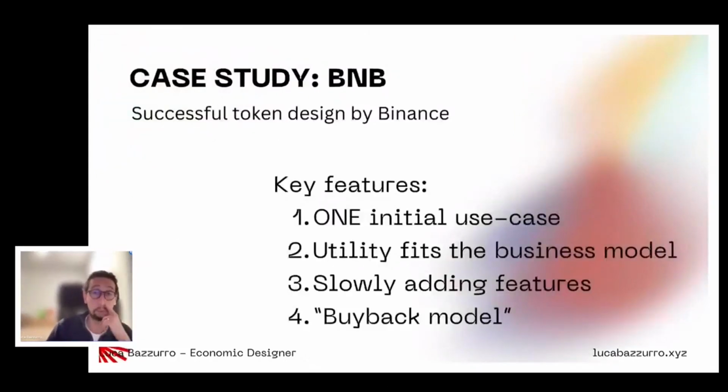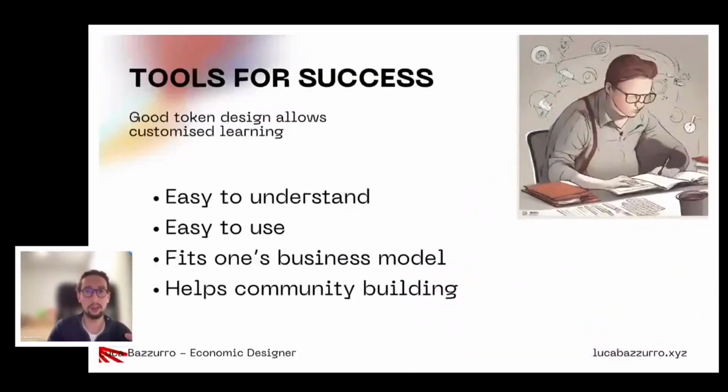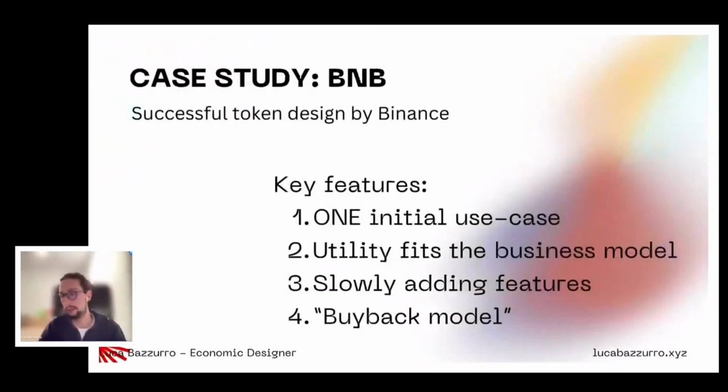To make an example, I brought BNB, which is Binance Coin, which is one of the few early stage token designs that I think were spot on. Why was it like this? Because in the beginning, it had only one use case. So going back, easy to understand. What the coin did,